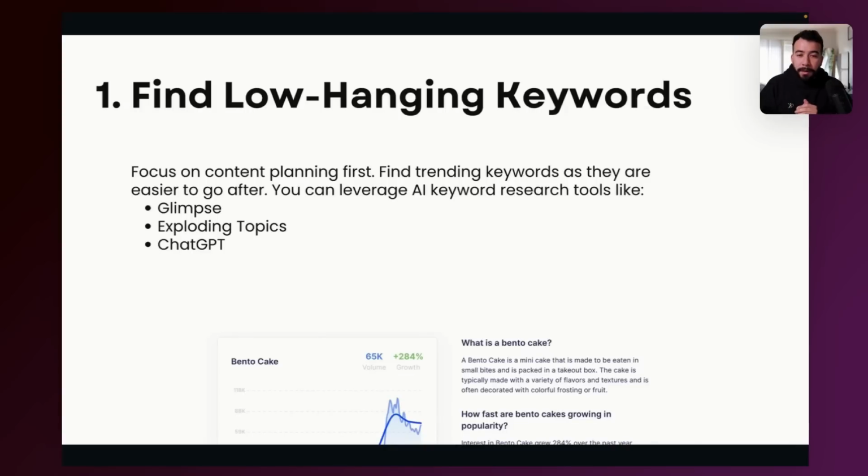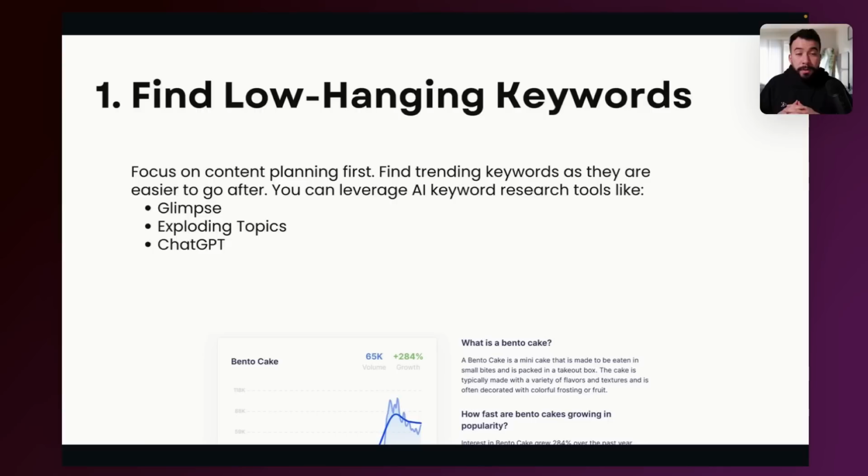So the first part of AI blogging is you're always going to go after low-hanging keyword ideas. Once you understand that, you need to focus on your content planning. Finding low-hanging keywords and doing your content planning first is going to be the most important step of this entire process. The reason why is that if you don't focus on these things first, you're going to be creating and publishing content without having some type of structure. It's going to cause a lot of stress, it's going to cause you to burn out, and you need to make sure that you have some type of content plan in place.